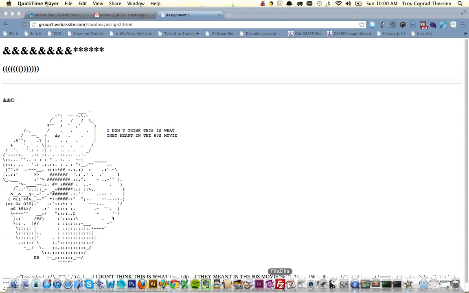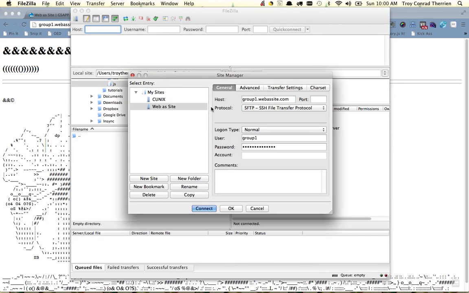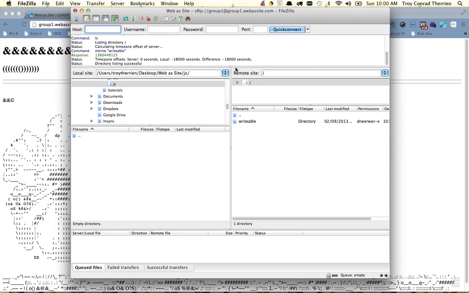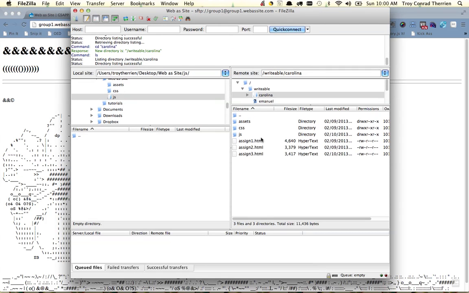So the first thing we'll do is open our FTP client, FileZilla. Using Site Manager, we'll open up the Web as Site preset to take you to your group website. Then we'll go into the writable folder, into your own student directory, and then you'll notice that there's now an